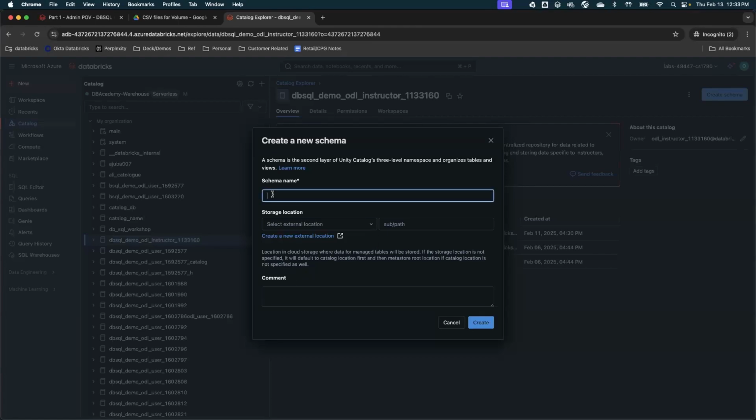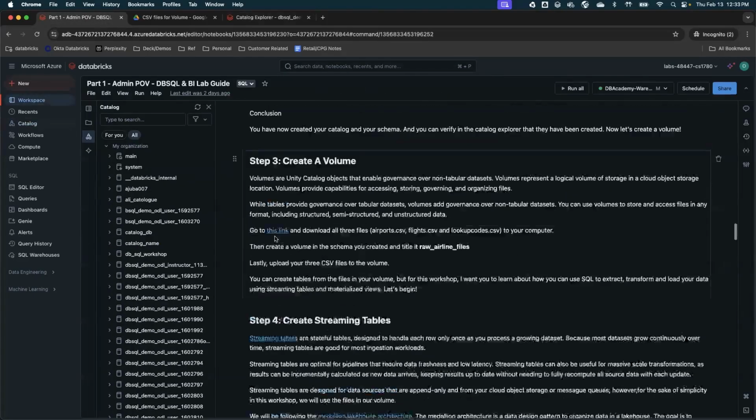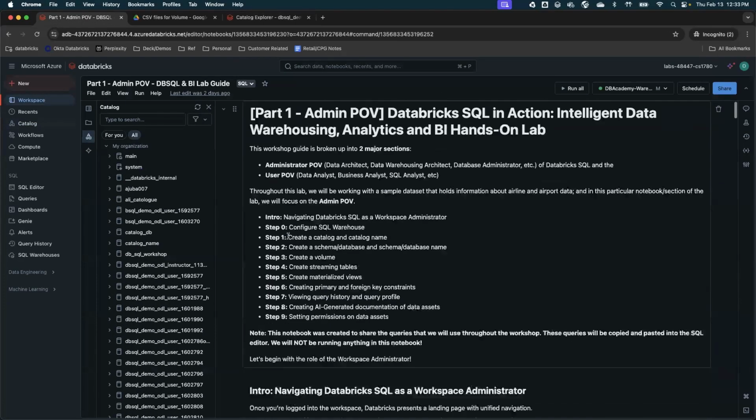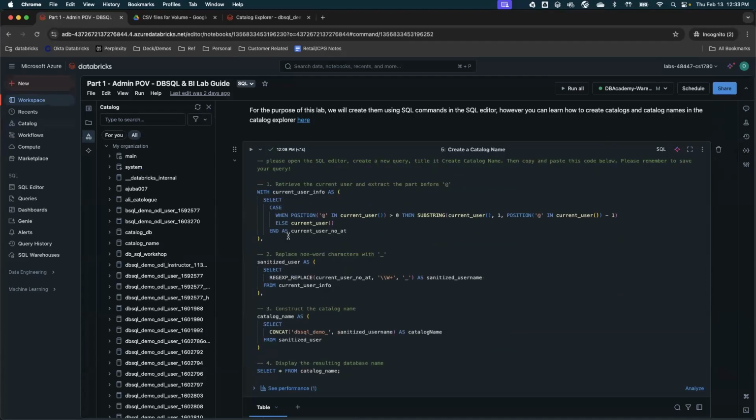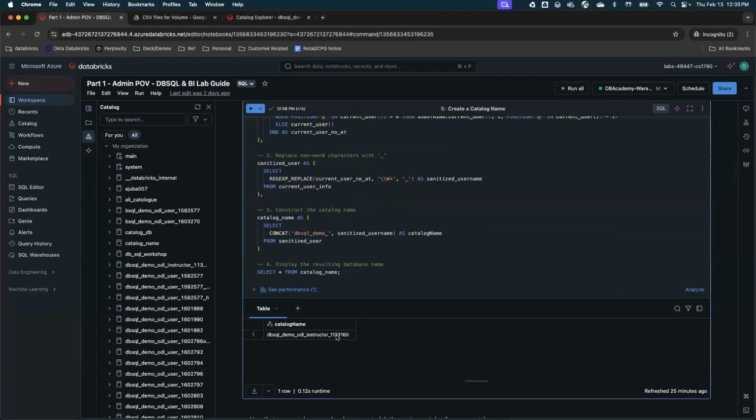You should be able to build your schema or catalog using all lowercase letters and underscores to separate words, but you cannot use spaces, etc. Now, if you want to do the same thing, go to cell number 5 here. This will give you the name of the catalog automatically.